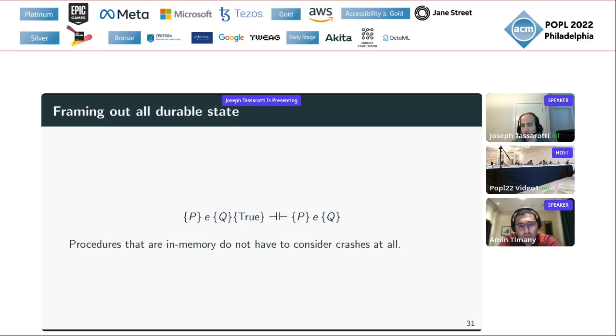This is very nice because even though we're thinking about storage systems, even your file system has huge chunks of code that are just about in-memory data structures, manipulating hash maps and so on for caching. So this really eases the proof burden for those chunks of code. And it also lets us reuse generic libraries that we've proven about in-memory code in the context of a crash-safe system.